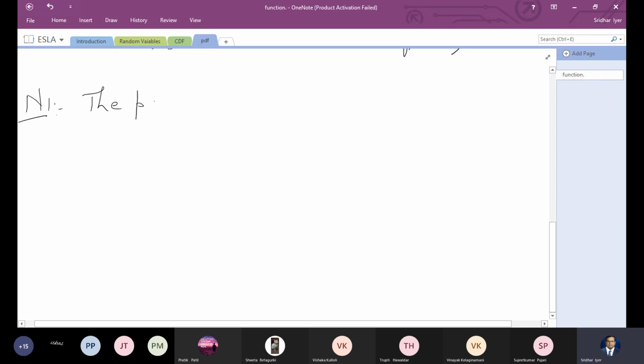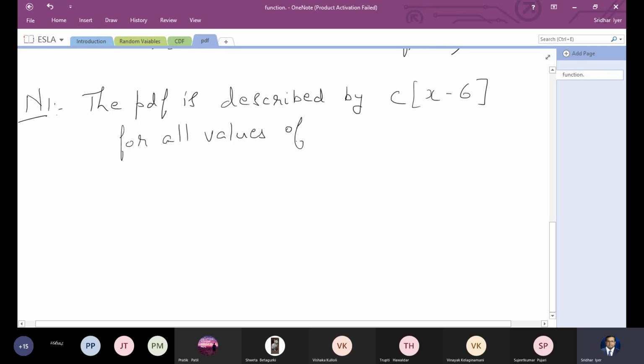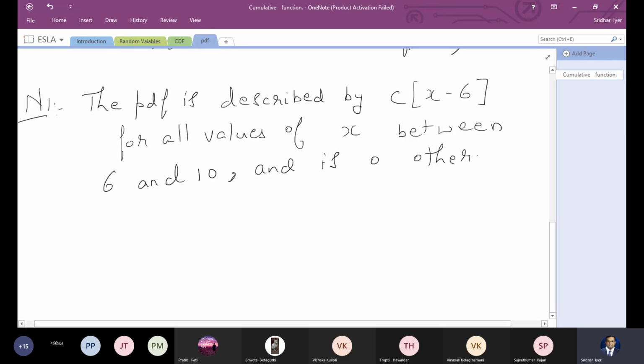The PDF is described by c into x minus 6 for all values of x between 6 and 10, and is 0 otherwise. The question is,